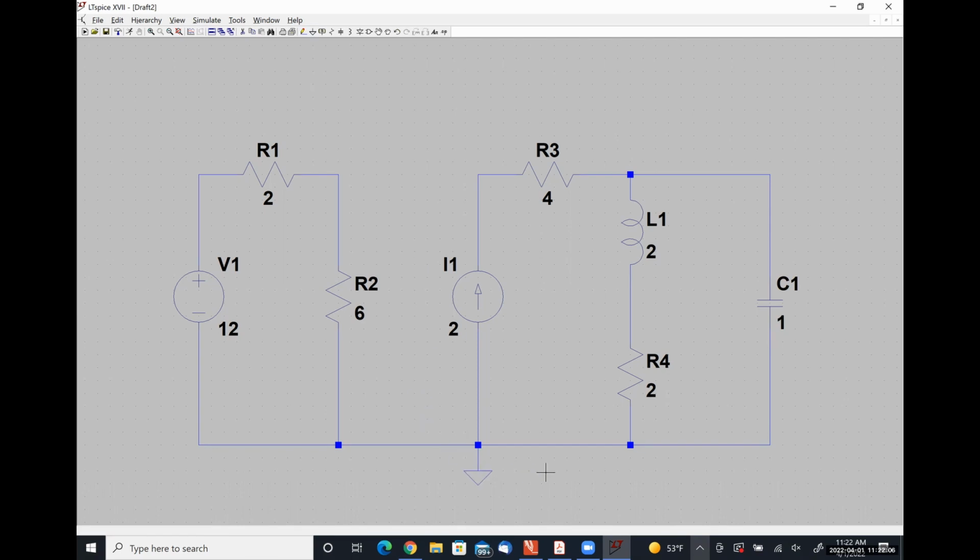Now, this is just a bookkeeping thing, you don't have to do it at all, but I'm going to call the positive polarity terminal of my capacitor